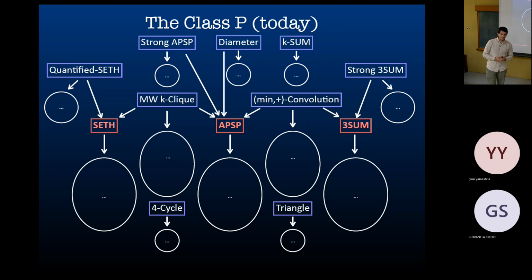So do you think for each of these exponents there is some canonical problem, or are there multiple problems to consider? No, I don't think of it that way. I actually think of it like this: APSP is 3-clique, and K-clique is larger K. So if you have an n cube problem, maybe you start from APSP. If you have an n to the 6th problem or so, you start from 6-clique.